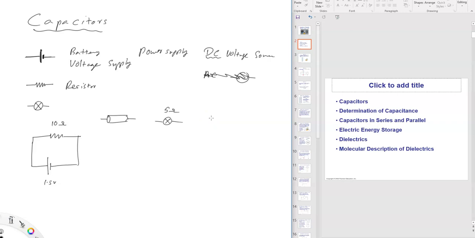It could be any kind of electrical component. In the circuit diagram, we don't have to draw the actual component. We don't need all of those details. We don't need to know what it is doing. All we need to know is how much resistance it has. So even if it is a light bulb, I can just draw a resistor symbol and say this is a 10 ohm resistor. What it does, it emits light, doesn't matter for circuit calculations, right? So that's one thing. Any component can be represented by its resistance.